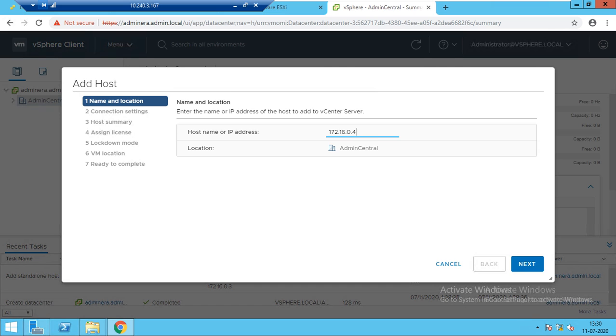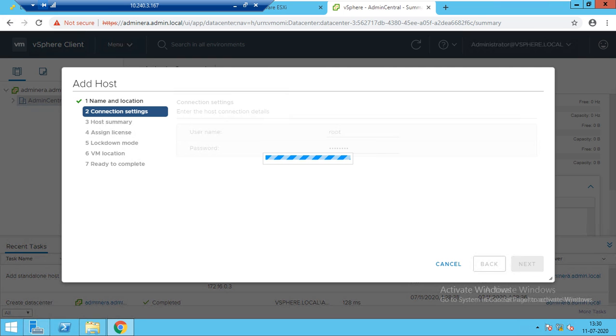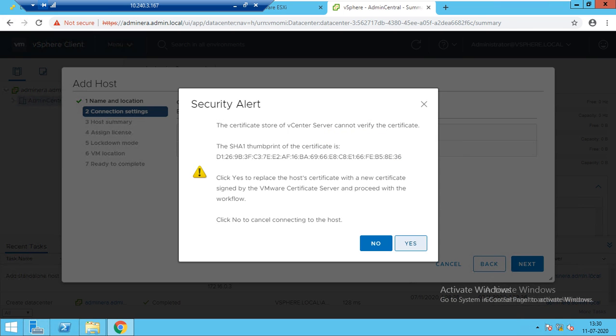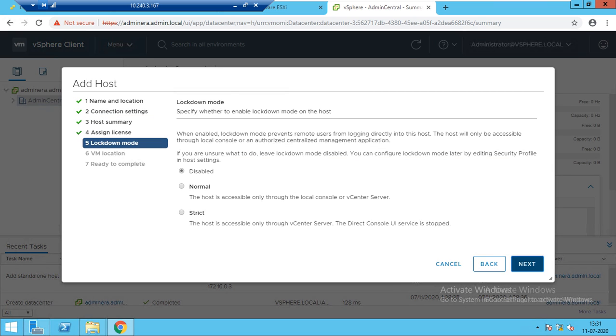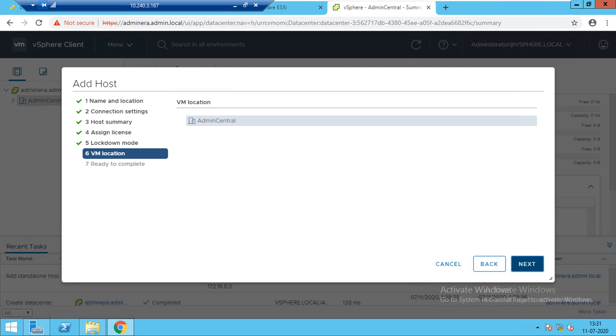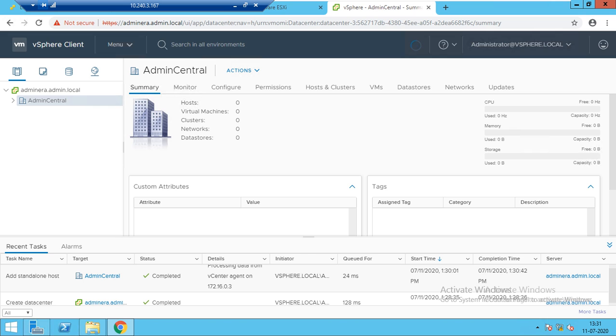172.16.0.4, second server, root, password. We'll authenticate, yes, everything is authenticated. Next, evaluation period, disable lockdown, VM location is the data center, ready to add, finish.